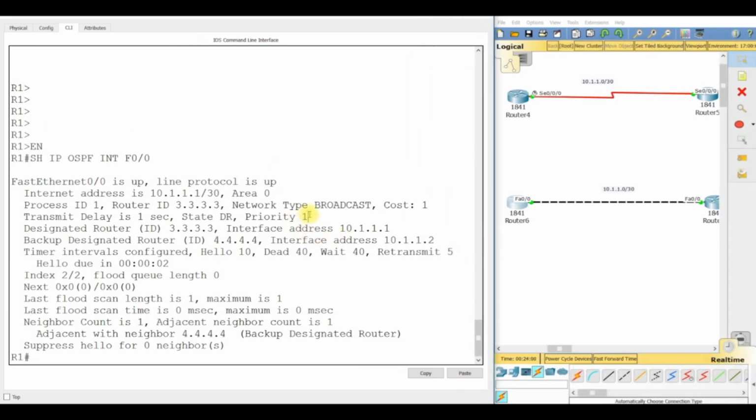Because the priority is set to 1. Priorities can be set from 0 to 255. 0 means do not make an election; you will not take part in an election. 1 is the default for Fast Ethernet. So you will participate in an election, and based on the rules of the election, I will choose